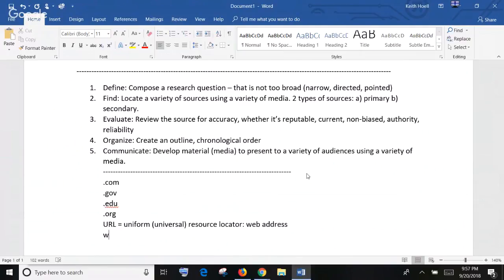Okay, so www.whatever.edu. Anything that ends with an edu is going to be most likely a reliable source. All right, because it's coming from an educational institution. Right, most educational institutes, that means the website's sponsored by an educational institution, and that's usually going to be a